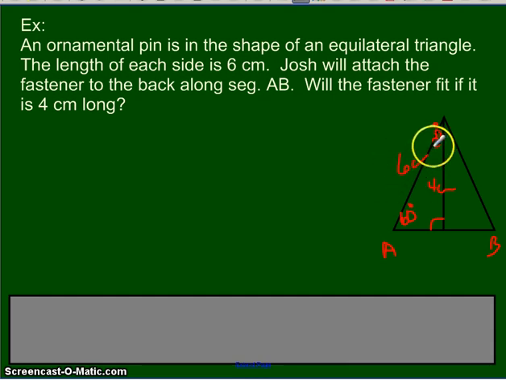If the hypotenuse is 6 and that's double the side across from the 30, then across from the 30 would have to be 3. So for the fastener to fit, we'd have to take 3 radical 3,